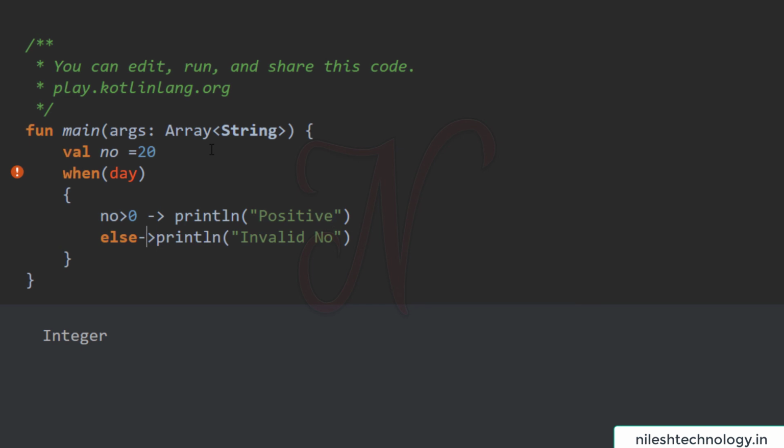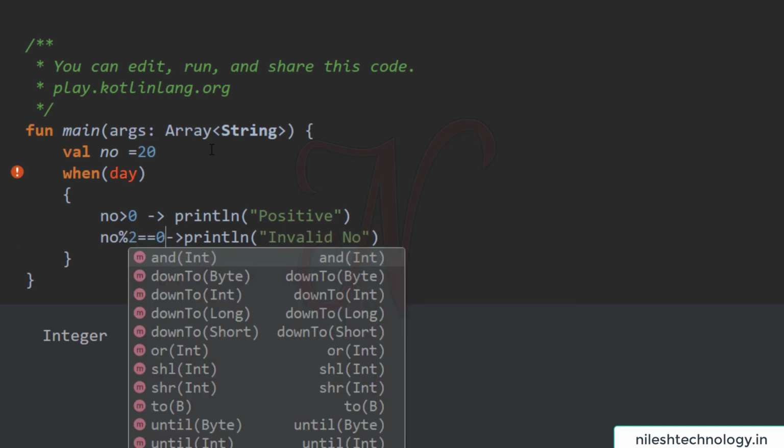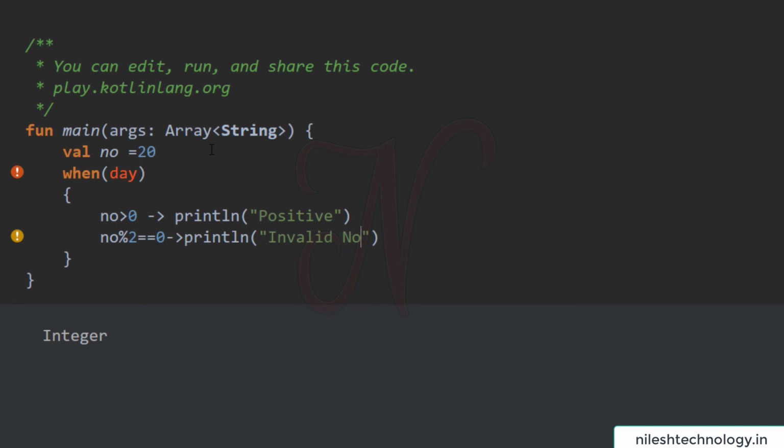Again here, number mod 2 is equal to 0, and see this is an even number. Again, number is greater than 10, println greater than 10. So see all these cases are valid here.